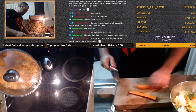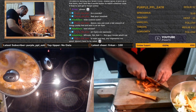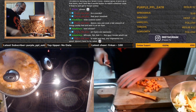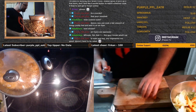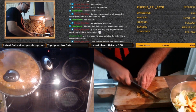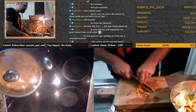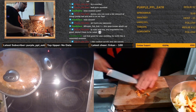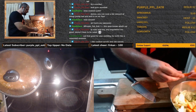I like carrots. They give color, they make your salads crunchier, they're healthy, they taste good. And I also cut them, if you notice, in different shapes as well. I like to have different shapes and textures in my salads. You know what I like a lot, Purple, is to do a carrot in kind of this type of